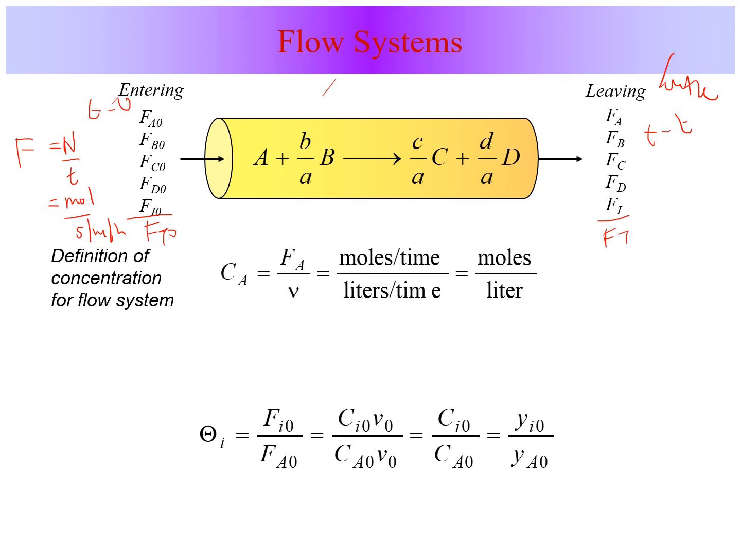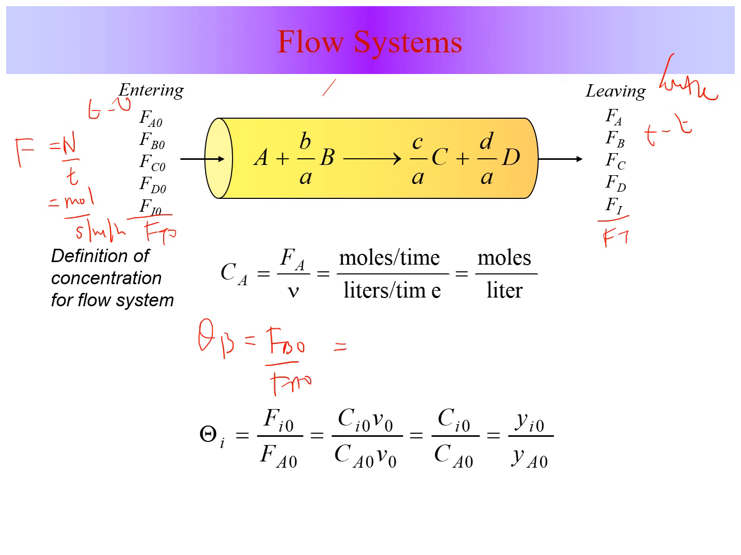Alright, so now what you need to do is simplify the equation. Remember we have a theta that you've learned before. As I mentioned, theta can be in terms of F, C or Y, so you just need to adjust it. For example, we have theta B equals FB naught over FA naught. So this one is equal to